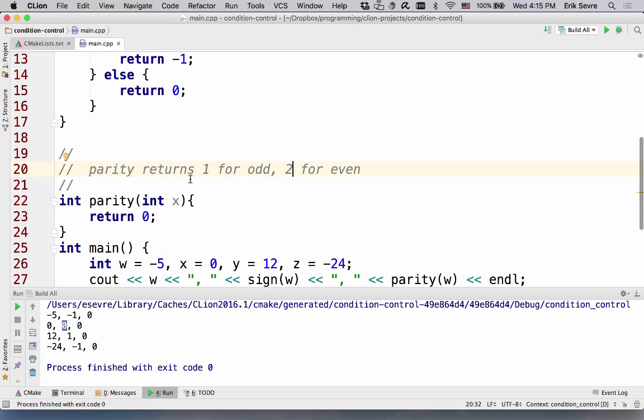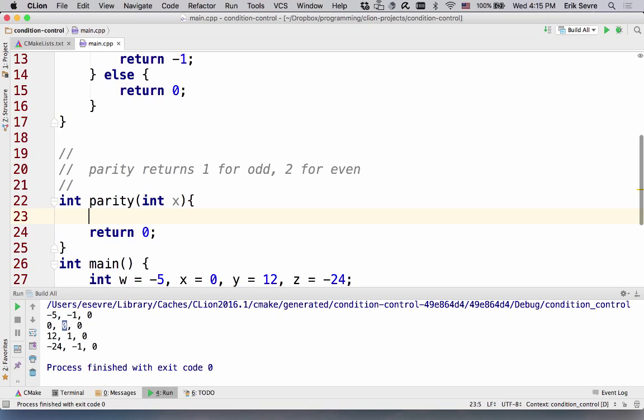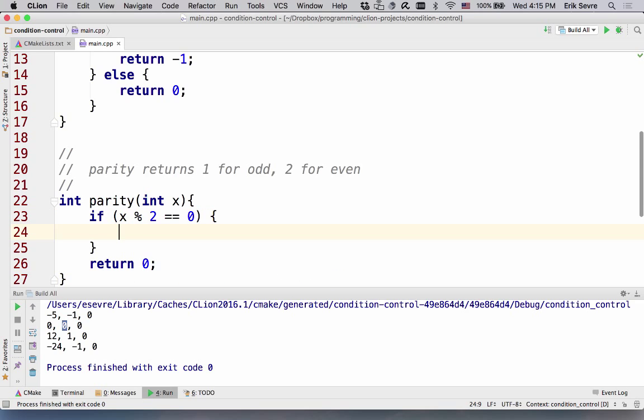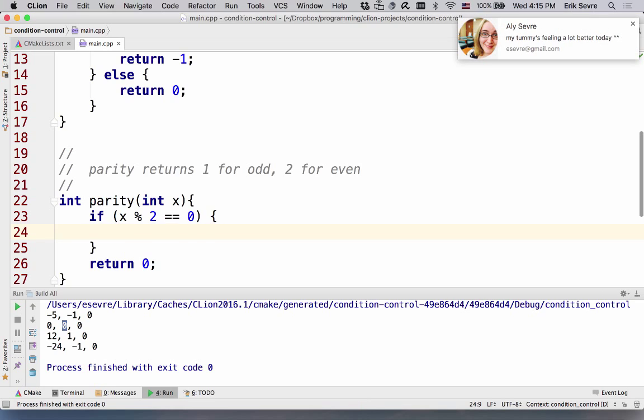Because basically with parity, we want to know if a number is odd or even. I kind of like 2 for even, because otherwise we would just use the modulus operator. So what I'm going to say is, if x mod 2 is equal to 0. Now what the mod means is the remainder after division. And if we divide a number by 2, if there is no remainder, or no decimal point,